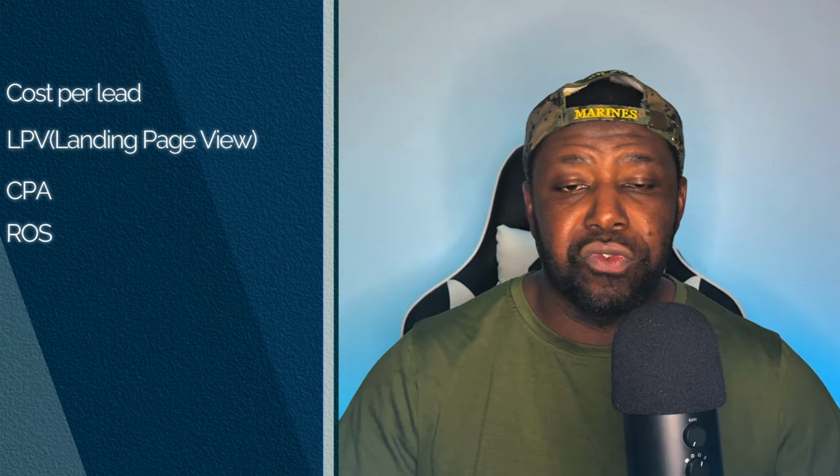So tracking things that matter, things like your cost per lead, things like LPV, which is basically landing page view, CPA, and ROAS. And of course, if you're using email opt-ins, you have to track the rates. You have to basically track the earnings per subscriber or customer. All of this gives you a better idea of what is happening with your ads and how you can